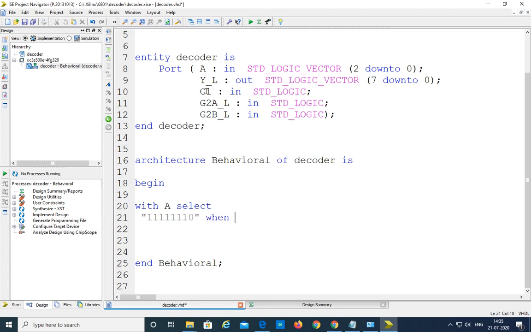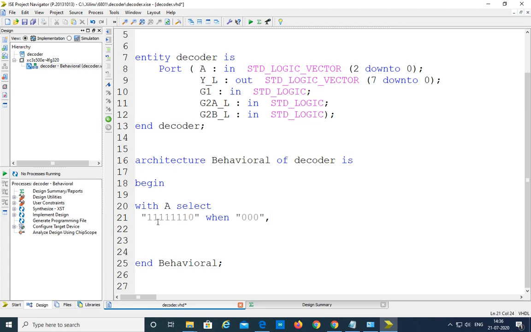when 0 0 0. What is the meaning of this one? So with a select, if a is equal to 0 0 0, that is the inputs are 0 0 0 combination, then output is equal to this one, that is the last one, y0 is going to be activated.